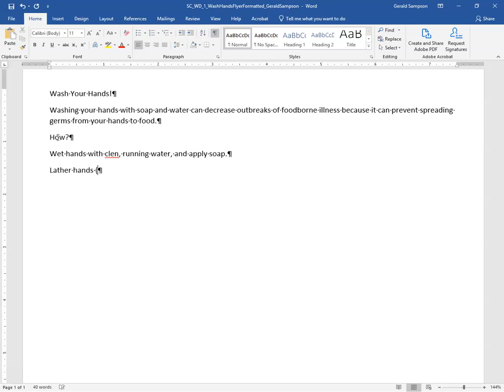And then shift 9, palms, backs, below nails, between fingers, around thumb, and then finally after thumbs, make sure it's thumbs, I put shift 0 to put that in there, and then